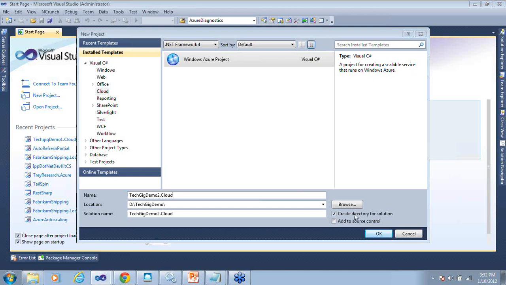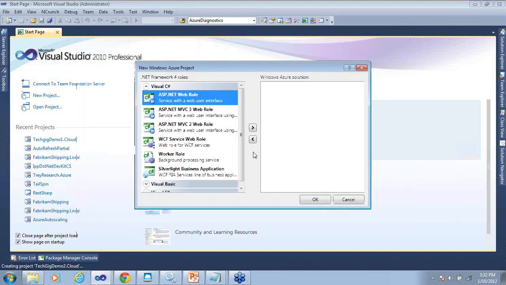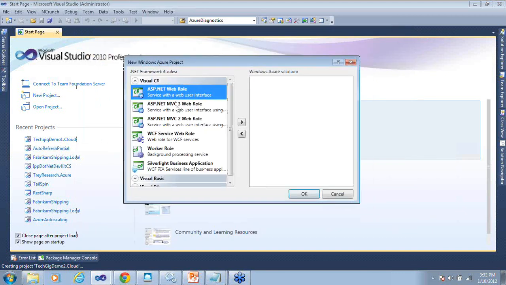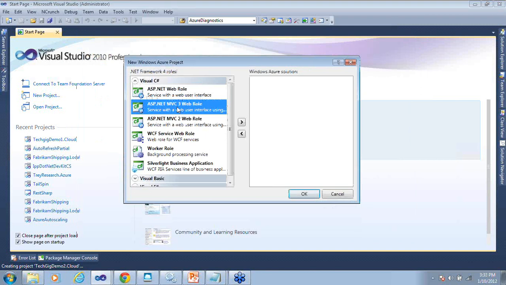Here I'm getting the readily available roles. I can create an ASP.NET web role, or an ASP.NET MVC3 web role. Ultimately, all these web roles are going to run on IIS, and they call it a web role. But from a project template point of view, Microsoft has provided specific templates for MVC3, MVC2, the standard ASP.NET web role, or if you want to create a WCF kind of service, you get that readily available.